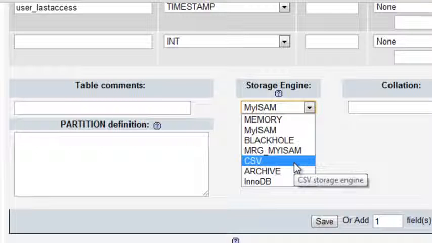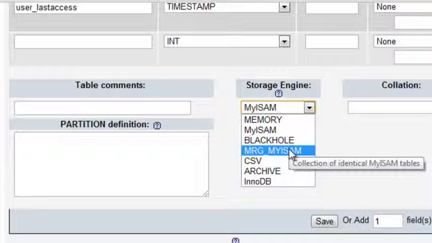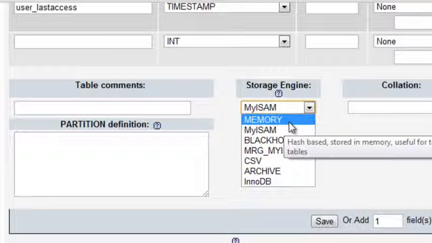And then CSV is comma separated values, and that stores it in a file almost like SQLite. Black hole, no idea what that does. Collection of identical MyISAM tables, you can read that. I've never used that. Memory, I think this is a